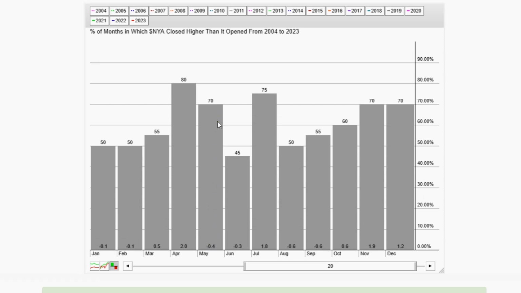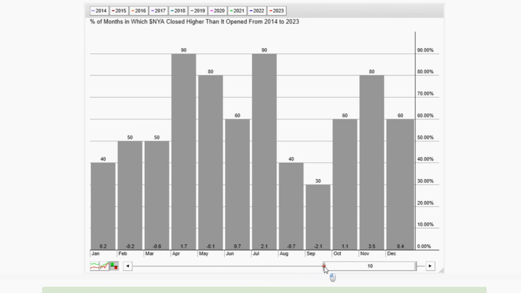That can be important because the NYSE Composite is a very broad measure of stocks. It includes all the stocks on the NYSE, different sizes, different industries. So it's a broad measure of kind of a typical average stock if you were just holding. But if you're trading an actual index or stocks that would be included in an index, then the other ones might be more representative. Again, if we drop down to, let's say, the last 10 years,